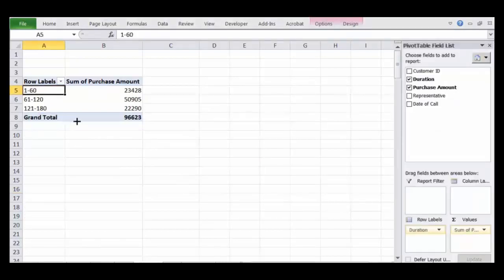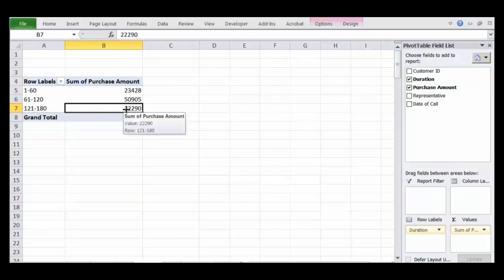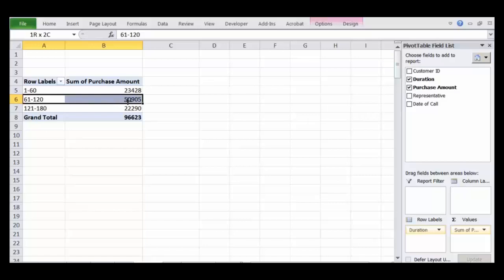between 1 to 60, this is the purchase amount. Okay, so 61 to 120, this is the purchase amount, 120, 12. So for more than 2 minutes duration, the revenue is decreasing. For less than 2 minutes duration, revenue is less. So you have more revenue over here, but it may not necessarily be true that you have more revenue only because of longer duration calls. It may be because you have more transactions.